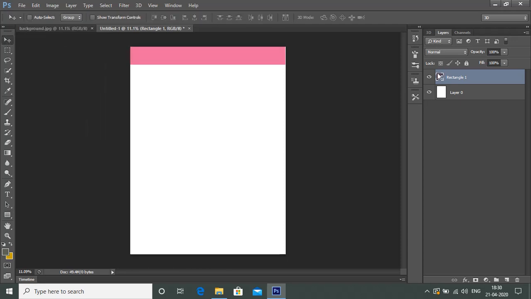Okay, now you have to duplicate this layer. There are two ways to duplicate it. First, you can use the shortcut keys Ctrl J, just like I have done over here.